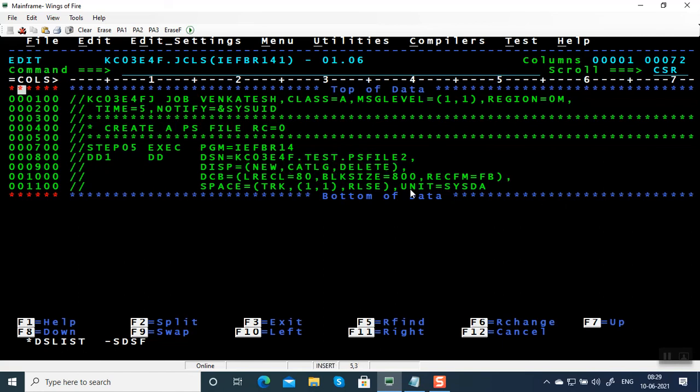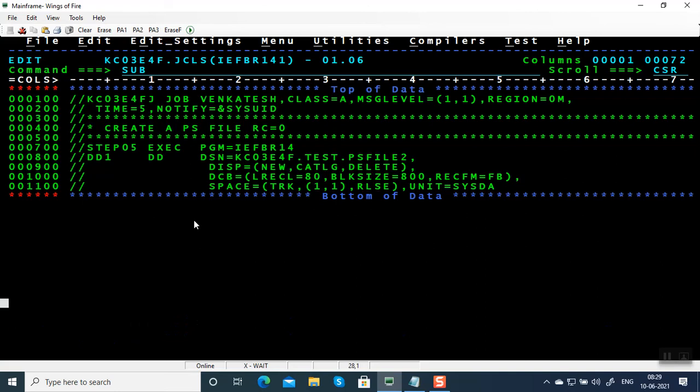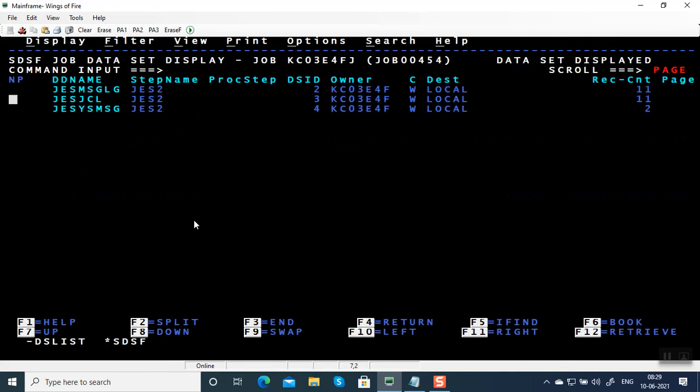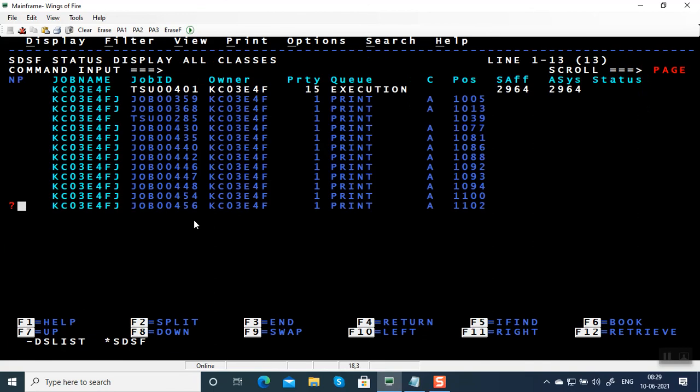Okay, I'm going to introduce another error by moving this to column 17. It's quite common that we don't align to column 16. Sometimes we continue in column 17. We can't continue in column 17. It should be between 4 and 16. JCL error. F9. This error is not easy to identify.